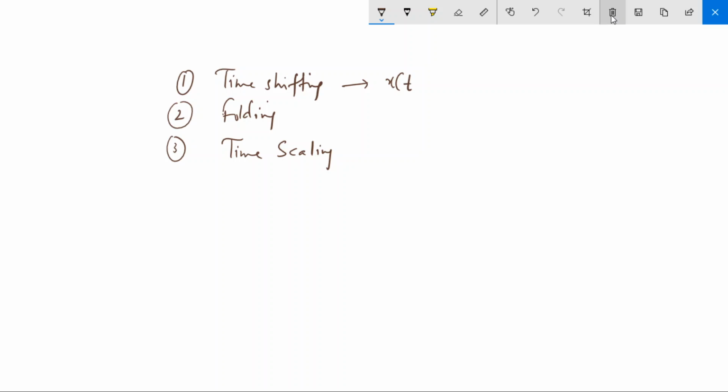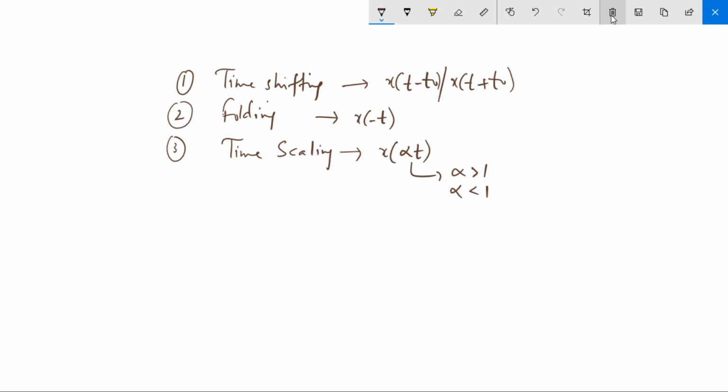So this is x of t minus t naught or x of t plus t naught. This is simply x of minus t, and this is x of alpha t, where alpha can be greater than 1 or